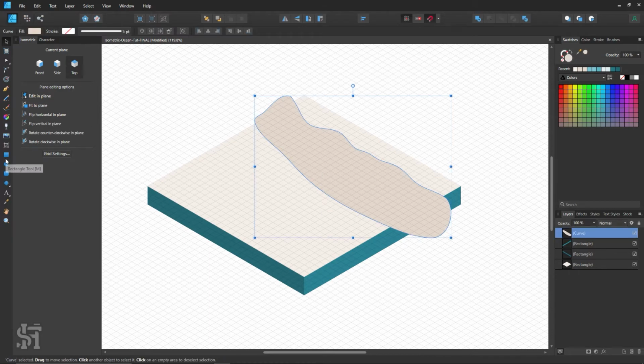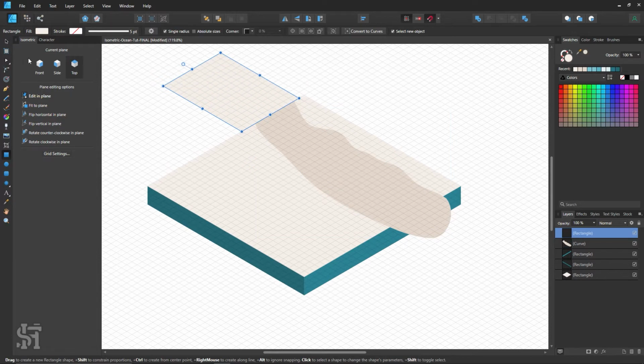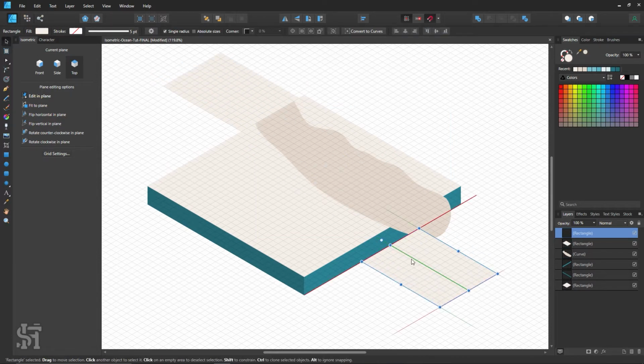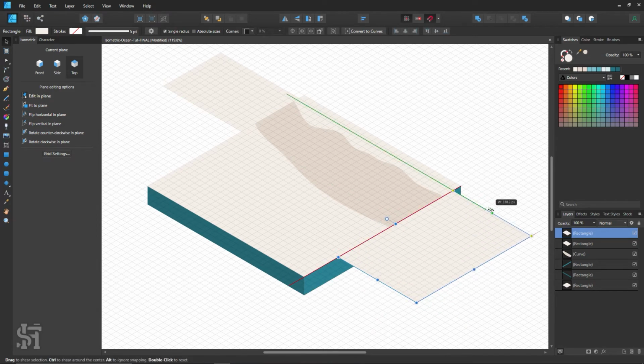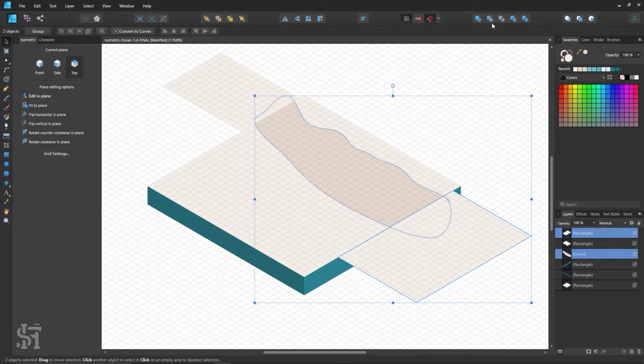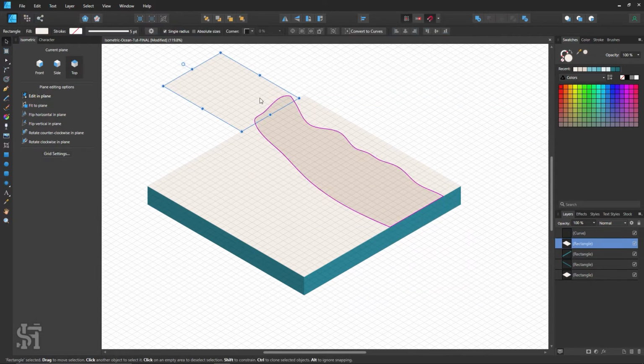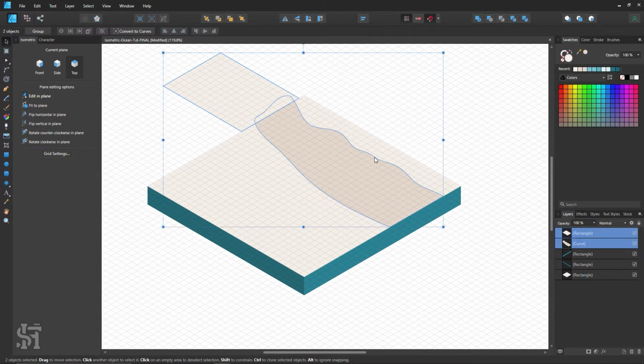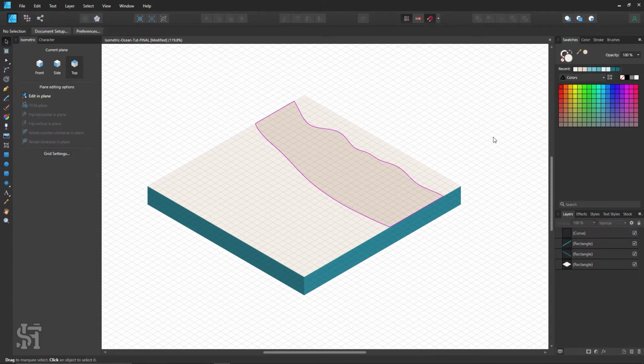So now we're going to cut this up. So I bring my rectangle tool and just bring it to there. Duplicate that by holding, what am I holding? Alt. Holding Alt and just dragging it. And then I'm going to just cut it so it's nice and perfect. So we'll go subtract from there, put this on the top and select both of those and subtract again. So I've got a nice little beachy part that fits in there,